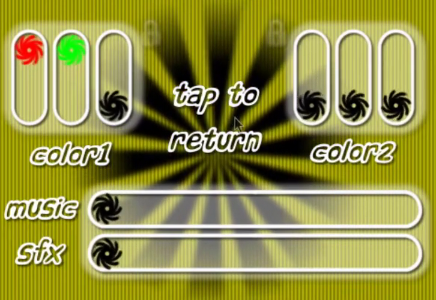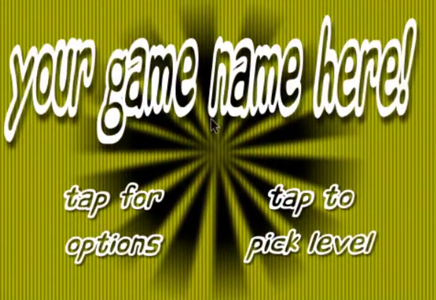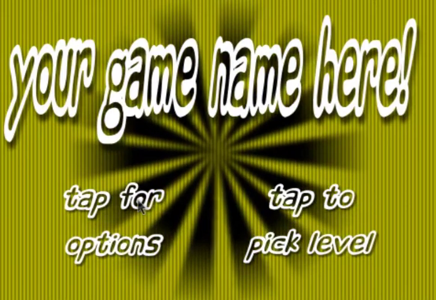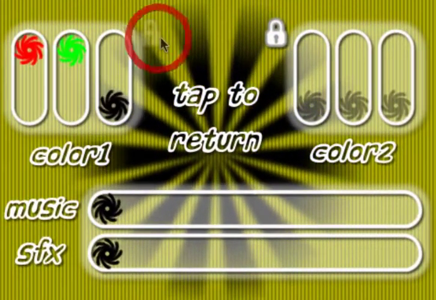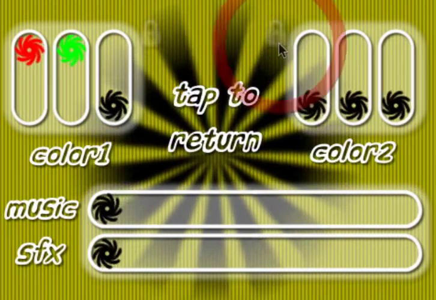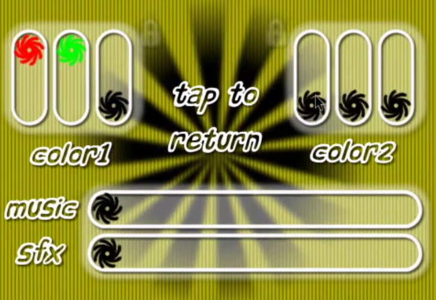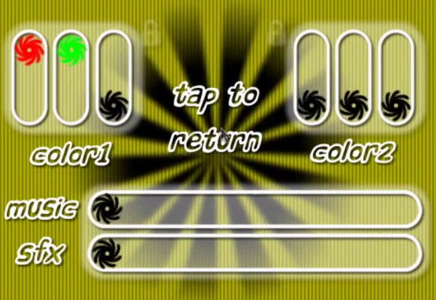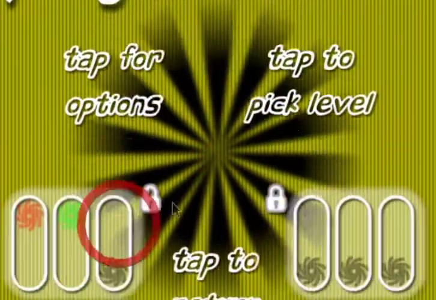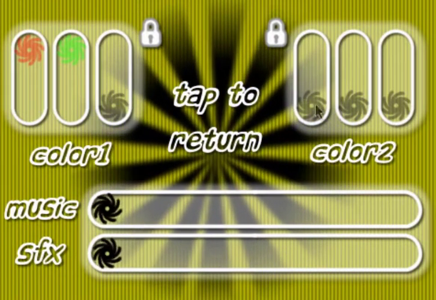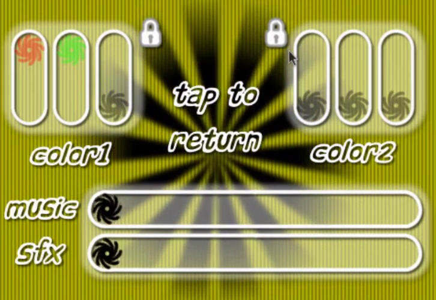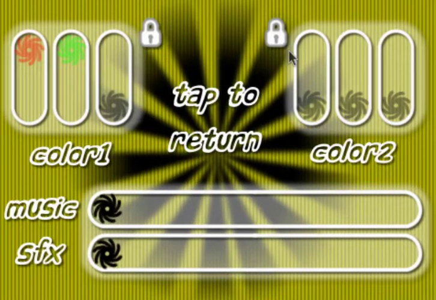And when we go back to the main menu, you'll notice another feature if you're pretty quick. If you didn't notice it, I'll go back and show you. When I changed back to the main menu, when these were unlocked, they started rotating, but when I hit return, they both locked and they stopped rotating. This helps a lot with frame rate, and the locks also keep people from changing the RGB settings on accident,